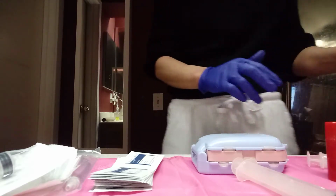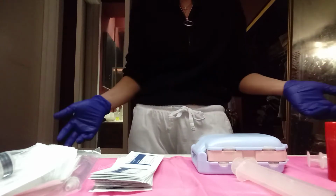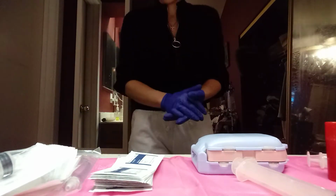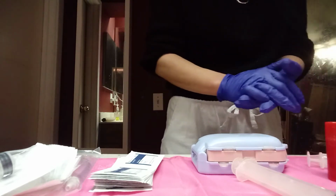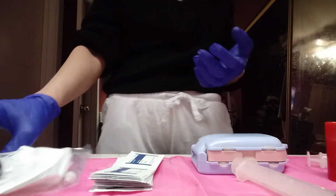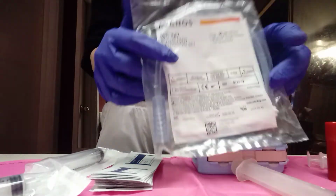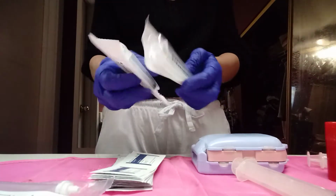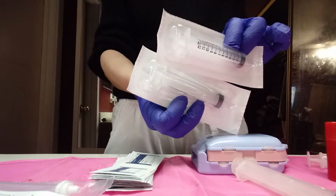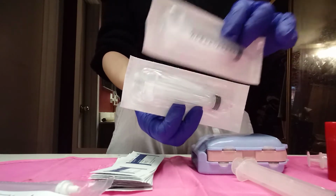What I decided to do is make a little kit, and today I'm going to share with you what is in the kit. I know you can't really see me, but this is about you, not me, so it's all good. So, number one, what you're going to need, of course, is your extension set, okay? Don't forget the extension set, and I recommend bringing two 10cc syringes instead of one 60